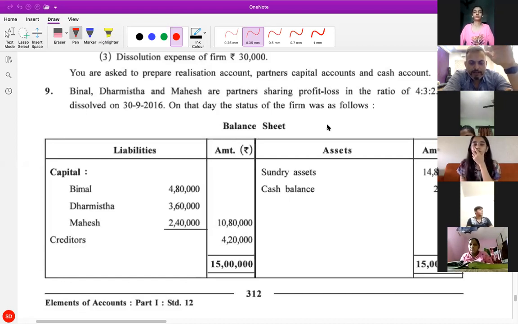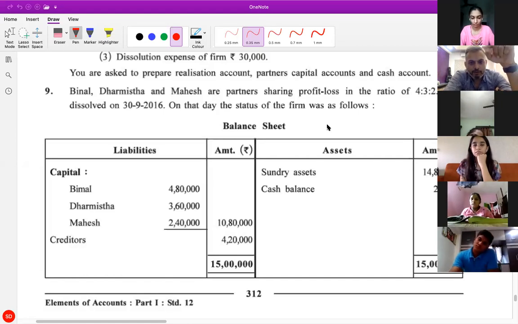Even the P&L Appropriation is not that big a problem, but write Trading, P&L and Appropriation along with it, and the Balance Sheet. Write these four once, read them two or three times, so that whenever you see an account in the trial balance, it should immediately hit you whether it will go to Trading, P&L, or the Balance Sheet. Is this clear? Generally what comes in P&L Appropriation will be given in the adjustments, but write P&L Appropriation once too. In Chapter 1, what we did of Accounts Part 1, there we had done sums where we prepared Partners' Capital, Partners' Current, P&L Appropriation. So go through those sums also.